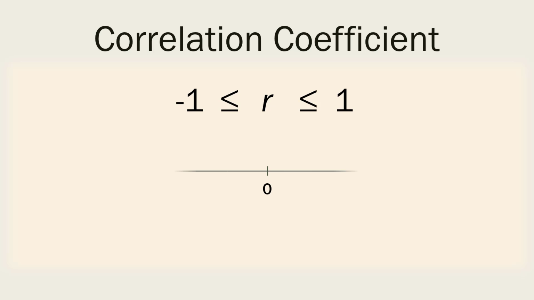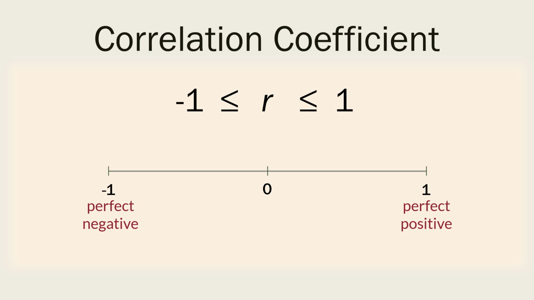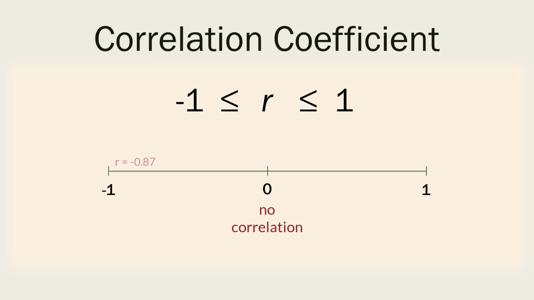So when r is -1, we have a perfect negative correlation, and when r is +1, the relationship is positive and perfect. The closer r is to -1 or 1, the stronger the correlation. The closer r is to 0, the weaker the correlation. And when r equals 0, we say there is no correlation. So r equals -0.87 will be considered strong, r equals 0.42 will be moderate, and r equals 0.13 will be